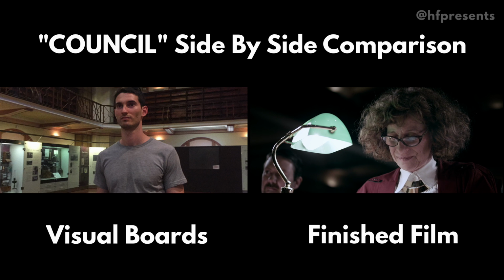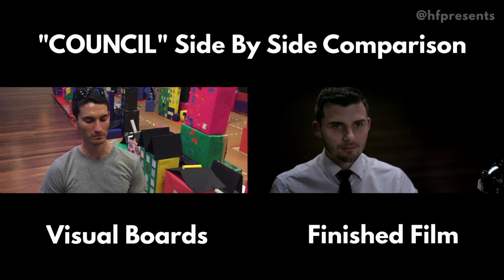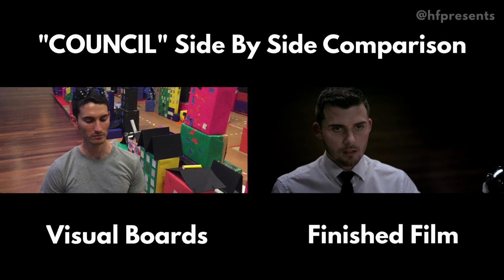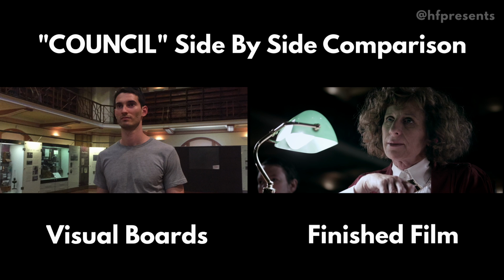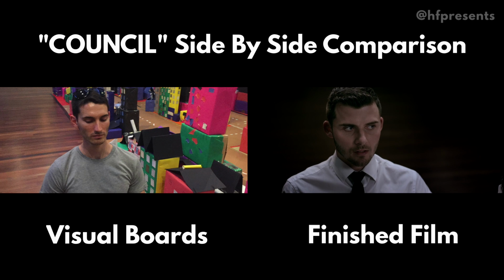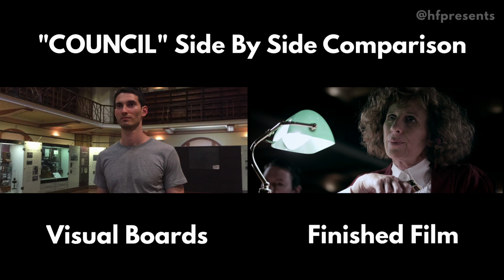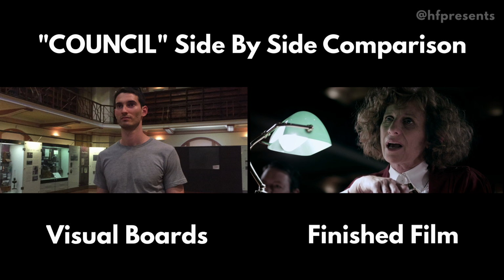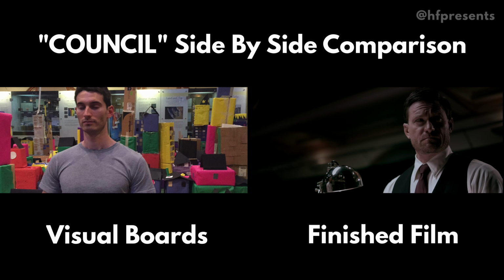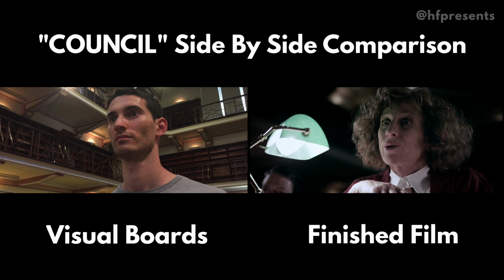So now we've changed to Price at a low angle, looking up at her, and then on the reverse, we're looking down at Kane. So as you see over these next few shots, we've got the camera on a dolly, and as things become more and more tense, we're going to slowly creep in and exaggerate those angles even more. So the idea is we start at even keel, where we think things are going well, and then as soon as it gets turned on its head and things start to go downhill for Kane, we racked up the angles, and we started to slowly creep in as the conversation goes by, and it just kind of gives that sense of